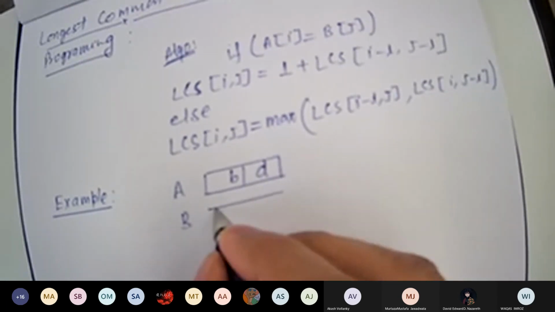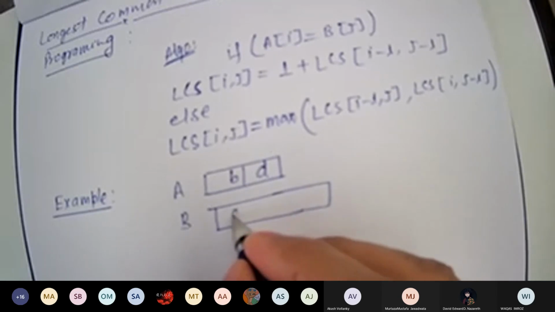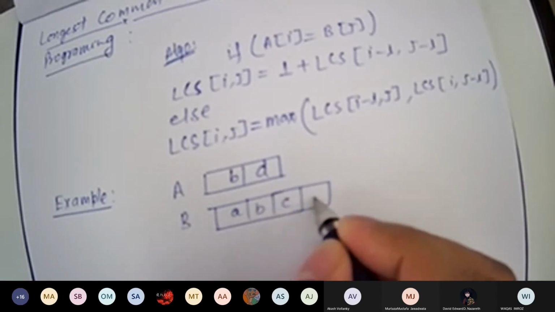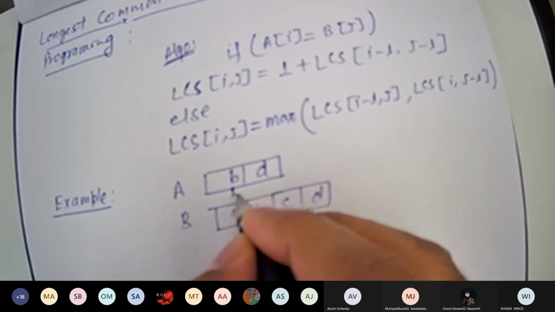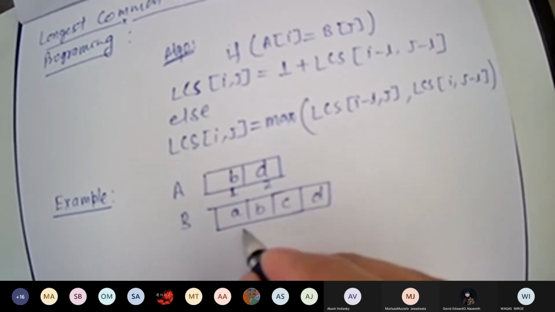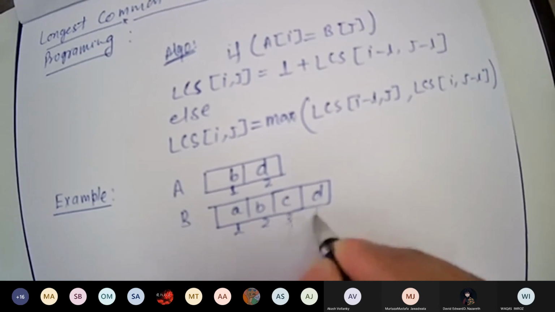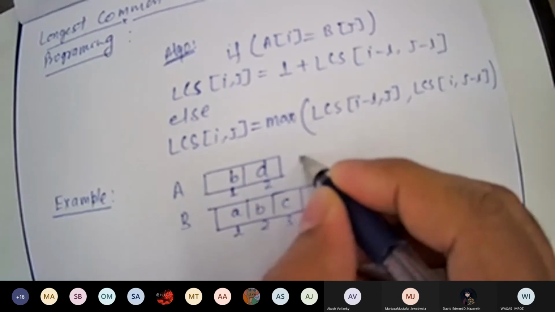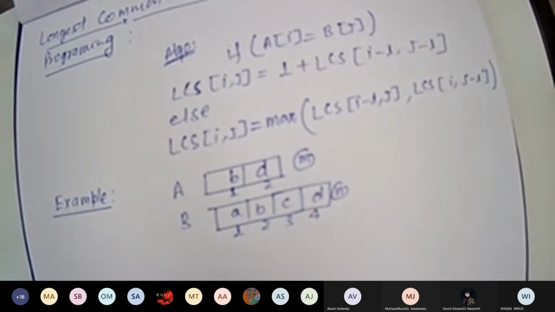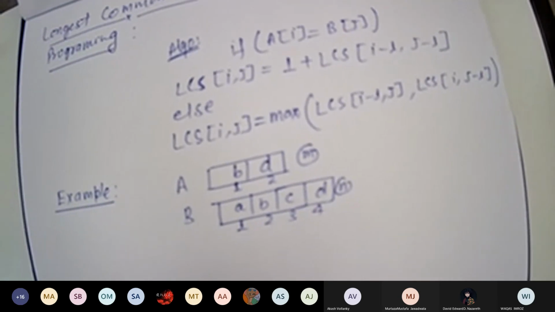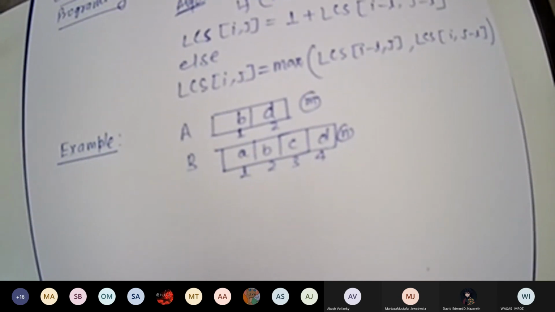You can take it, it's up to you, but we are not taking it. And here also we are not taking the indexing starting from 0. So we are starting from 1, 2. This is 1, 2, 3, 4. Let's assume this is m length and this is n length. This will be used whenever you are calculating the efficiency.